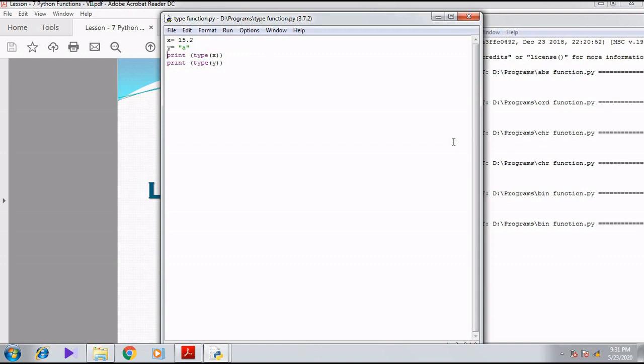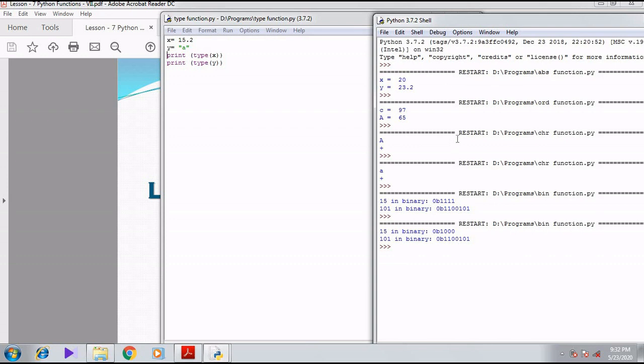Using that, I am using those two variables to find out the type of object, which data type the variables belong to. When I press F5, it shows class float, class str.